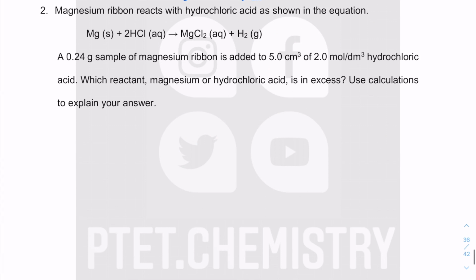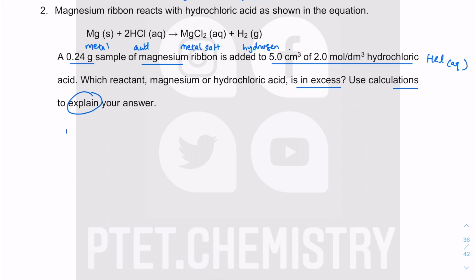The next bit will be on this reaction, magnesium and acid. So this is reactive metal plus acid, giving metal salt. I told you there are like 5 general equations they've got to master. Without those general equations, every time they throw a new example at you, you will keep on thinking it's one example after another, when really it's all about just familiarizing yourself with the general example. The magnesium itself is a solid, it's a metal with a giant metallic structure. This thing is a solution. HCl dissolved in water is HCl aqueous, and you gotta know which one is in excess and use calculations to